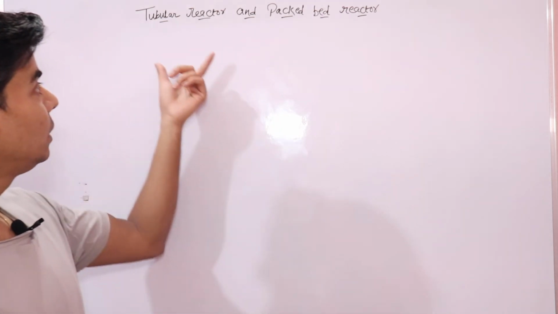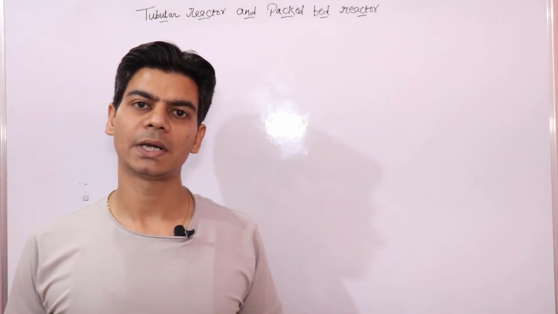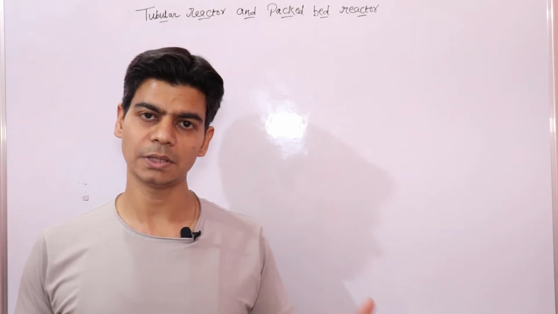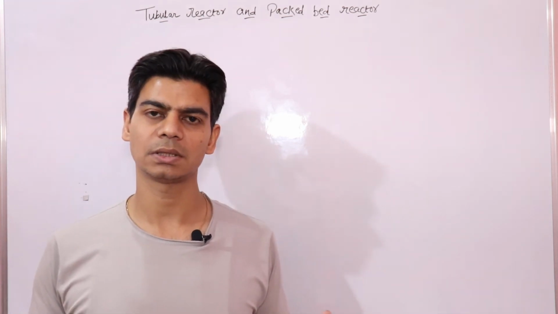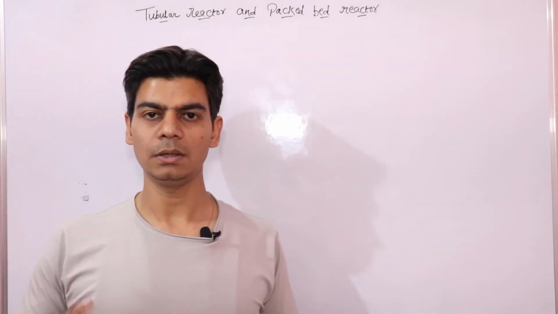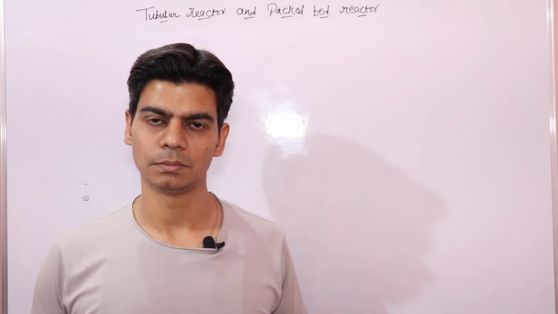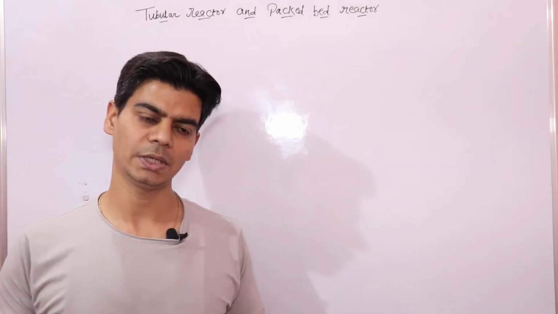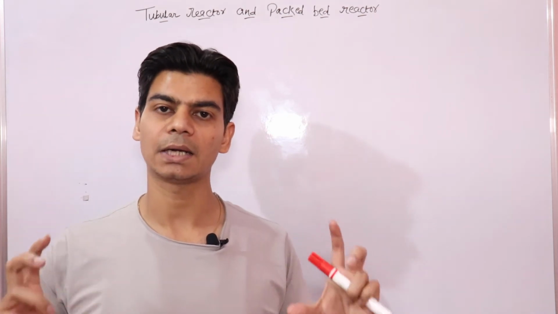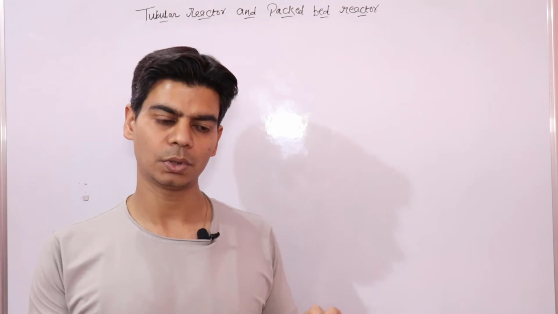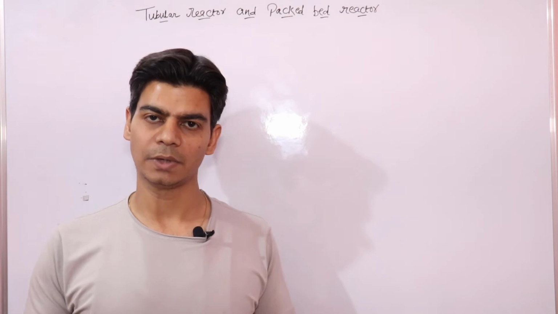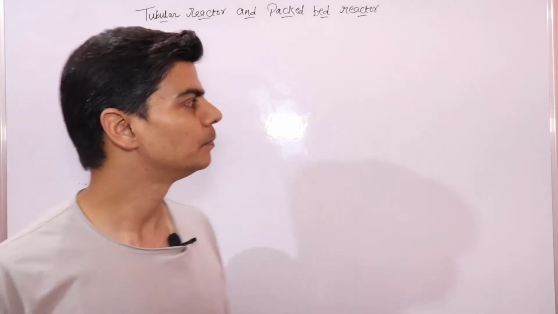So now we'll consider the tubular reactor and derive a relation using which we can find the rate of reaction, because conversion of reactant into products is nothing but the rate of reaction. So we would be deriving a relation between the rate of reaction and the reactor volume, and if you know the rate of reaction, you can find the reactor volume required to convert the given amount of reactants into products. Basically that is our aim, to derive such equations.